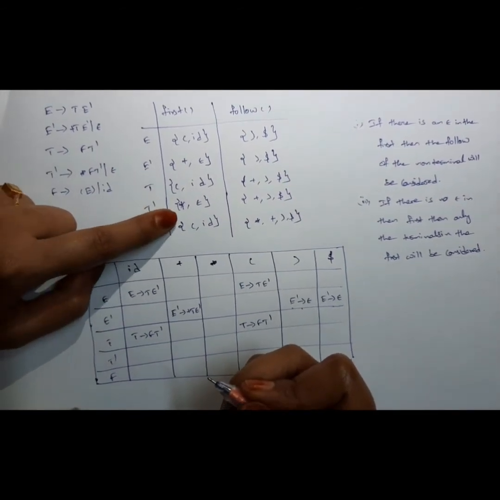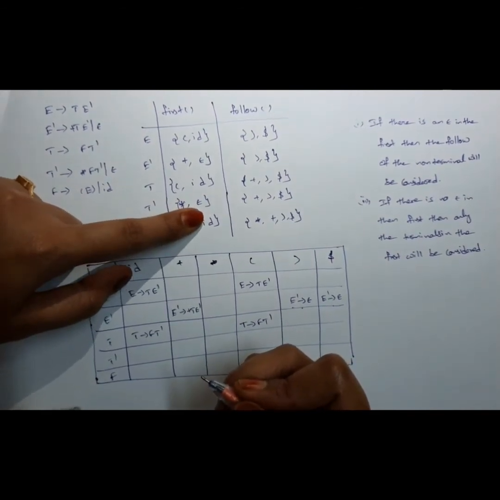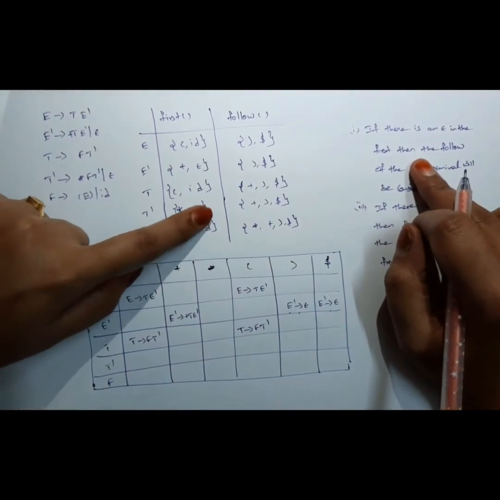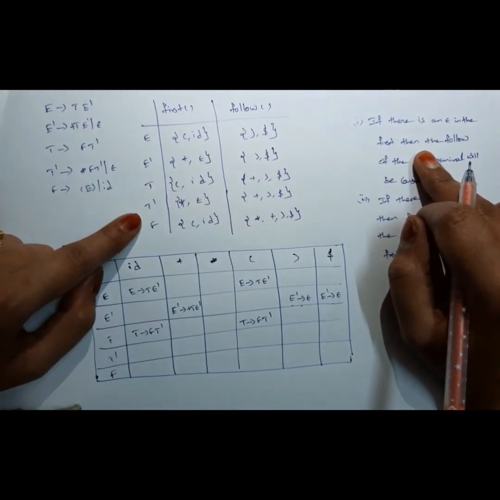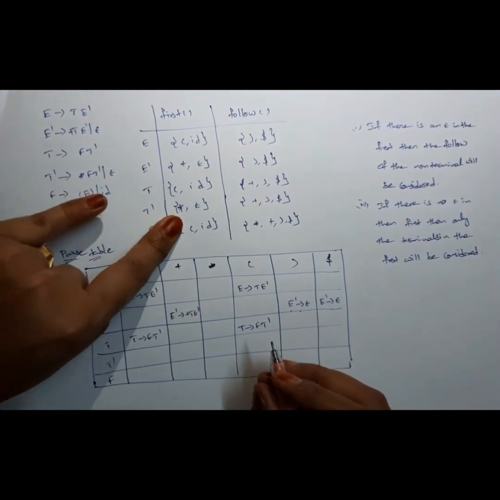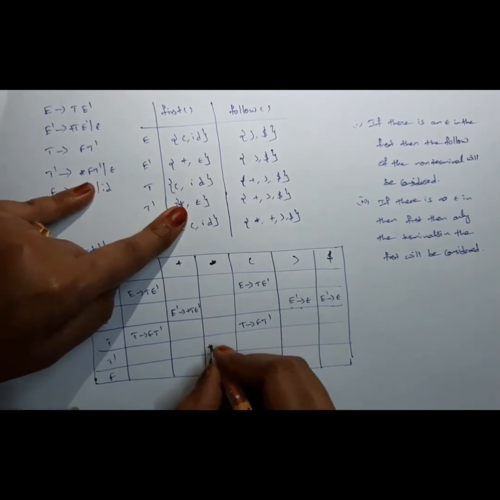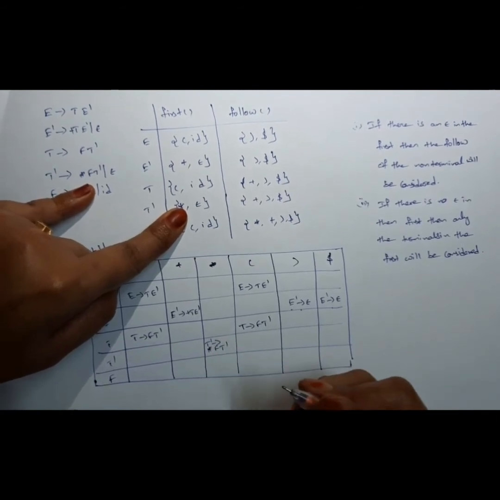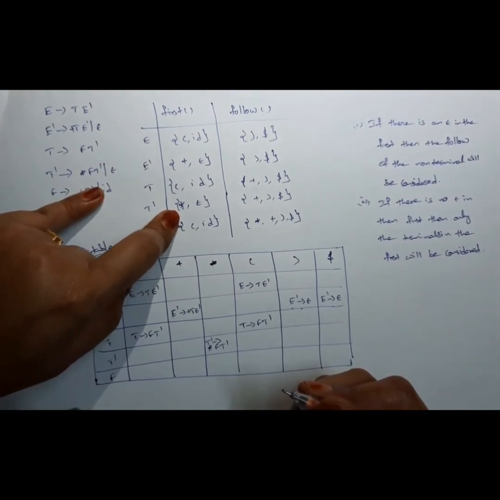In the first of T dash we are having star and epsilon. Again we are having an epsilon in the first, so I am following step 1. In this step, as we are having an epsilon in the first, I am considering the follow of that non-terminal. T dash represents star, so as it is in the first, I am placing the T dash derives star F T dash production.